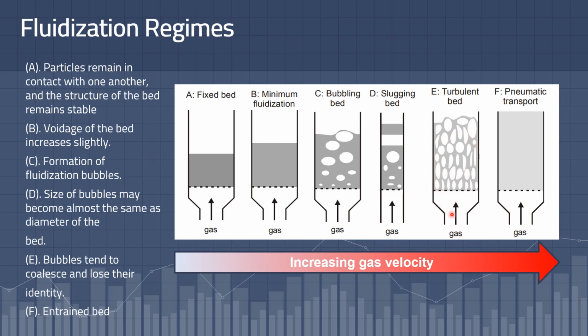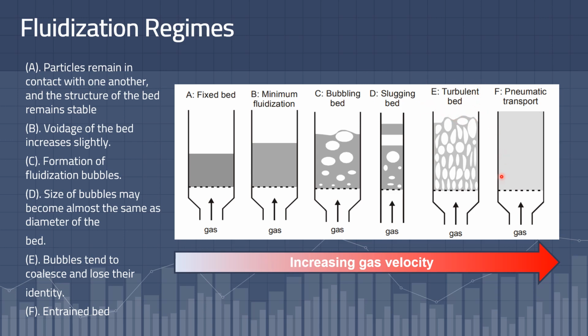If the particles are fluidized at a high enough gas flow rate, the velocity exceeds the terminal velocity of the particles. The upper surface of the bed disappears, and instead of bubbles, one observes a turbulent motion of solid clusters and voids of gas of various sizes and shapes. Beds under these conditions are called turbulent beds.